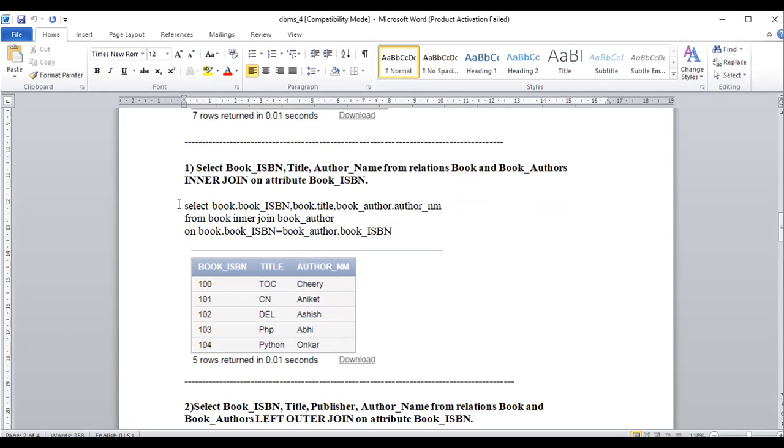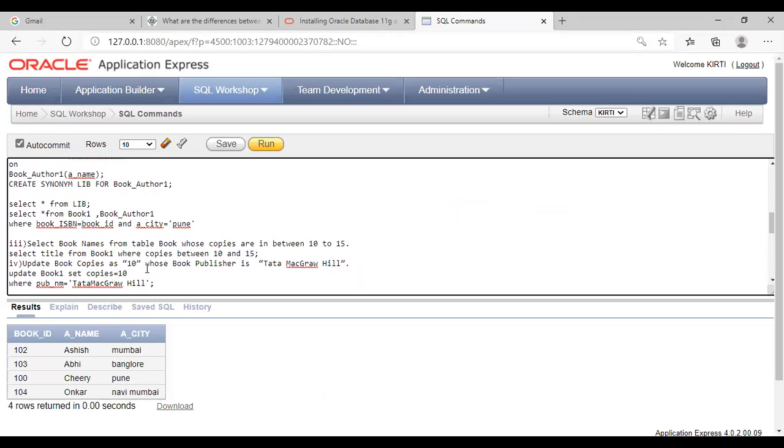Here we have to directly go with Oracle 11G. Okay, directly go with that environment and we will start working on it.